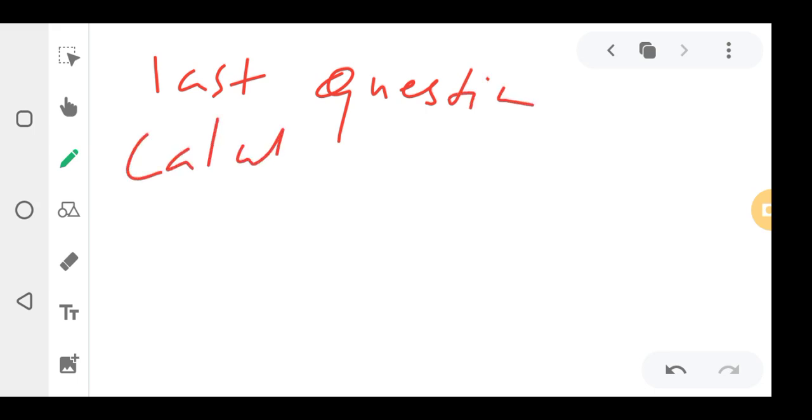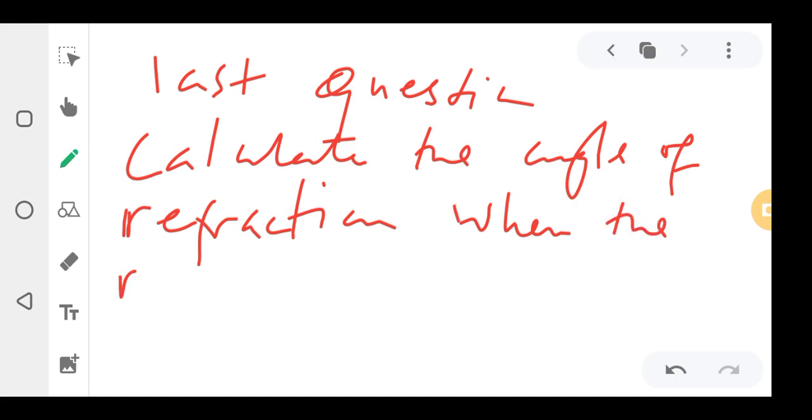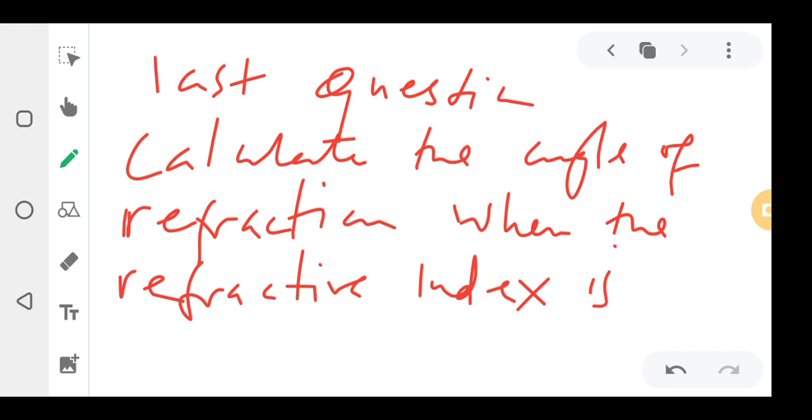Okay, based on that, I'll bring one question from that example. From those other questions I've given you, this is the last question. Don't get confused. Calculate the angle of reflection. Now this is reflection. There I was asking for the angle of incidence. Calculate the angle of reflection when the refractive index is 0.14